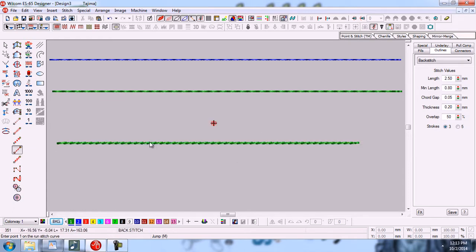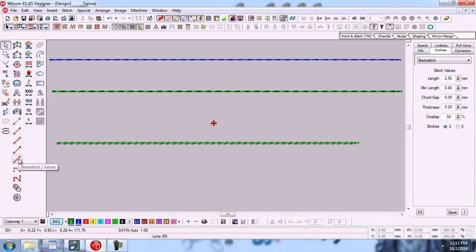This is the backstitch effect, and there are some other options. For example, you can change the strokes. It is the five type of stroke effect. You can change it to 3 also, and there are some other options. You can check them also. Because we have learned very deeply in the previous videos, it is not difficult for you now to edit any type of object. You can also change these properties and learn what the effect of these properties is. So this is the effect of backstitch.